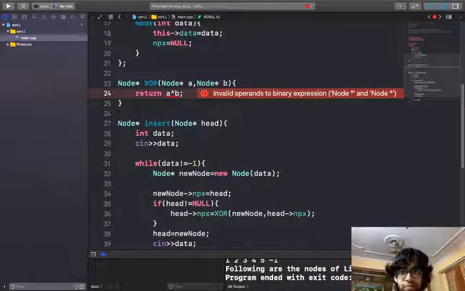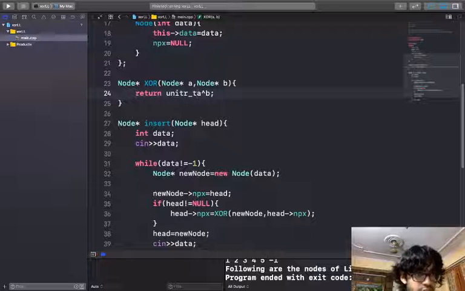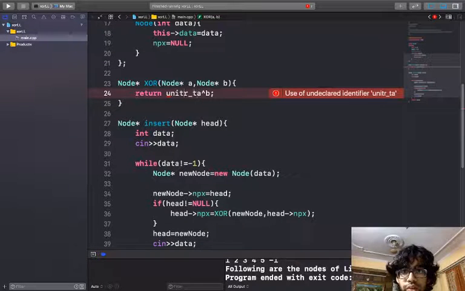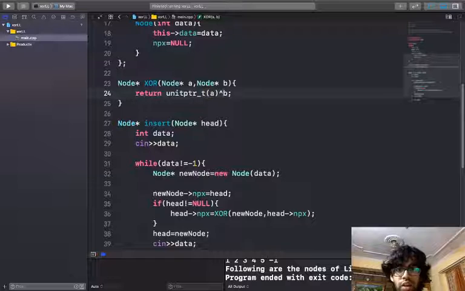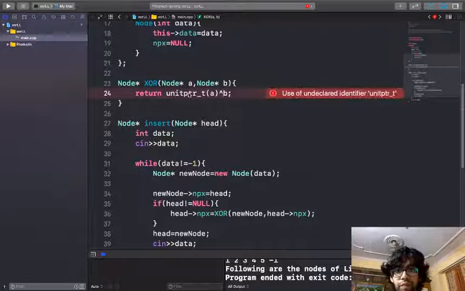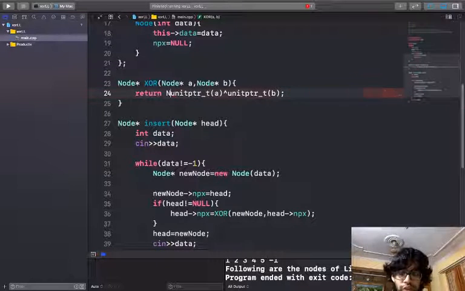So we performed the XOR operation here, and now we also have to convert this into node star.